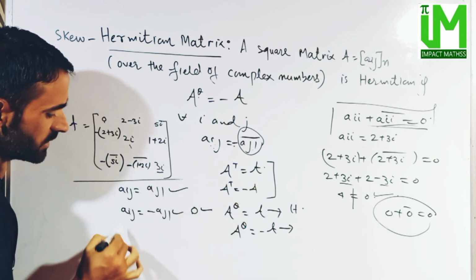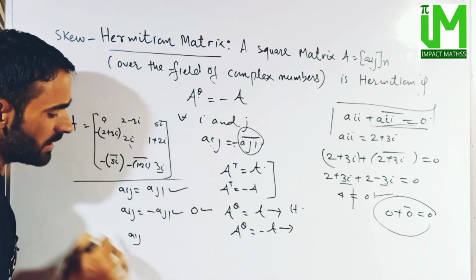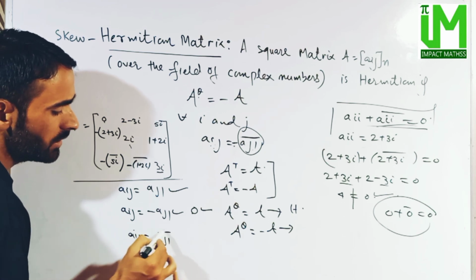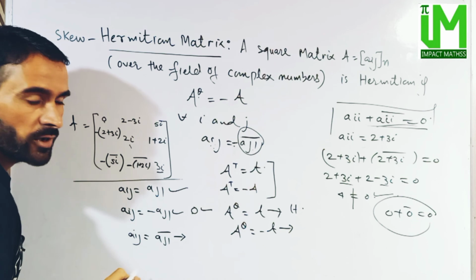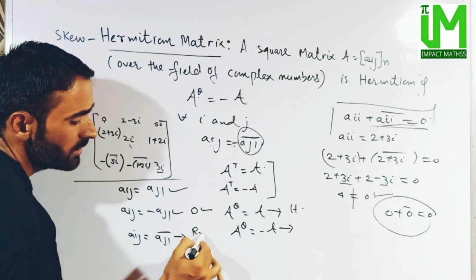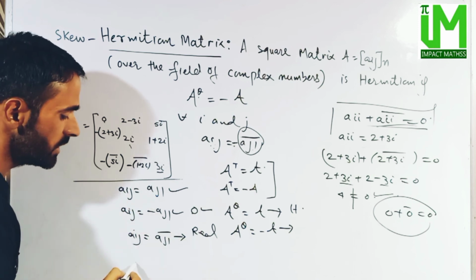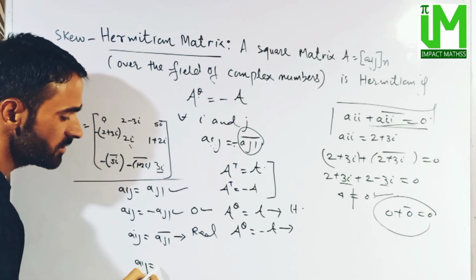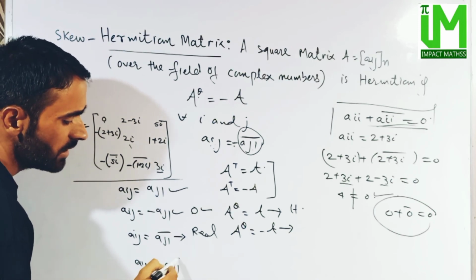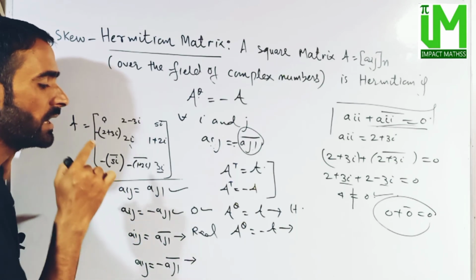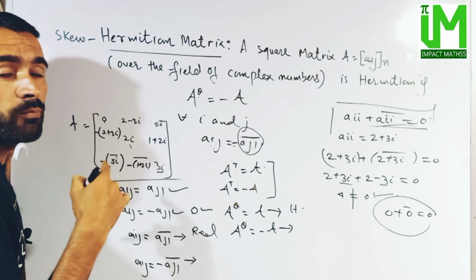And Hermitian matrix में हमारे पास we have a_ij is equal to a_ji bar, और diagonal entries are all real numbers, and Skew-Hermitian matrix में we have a_ij is equal to minus a_ji bar, while यहाँ पे diagonal entries जो होती हैं those are either 0 or pure